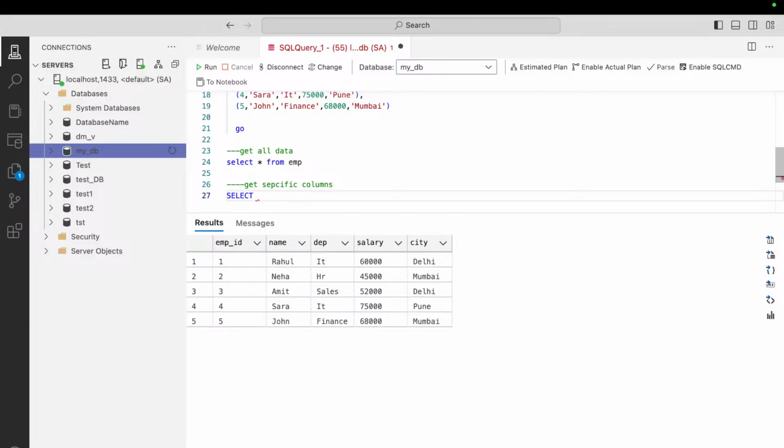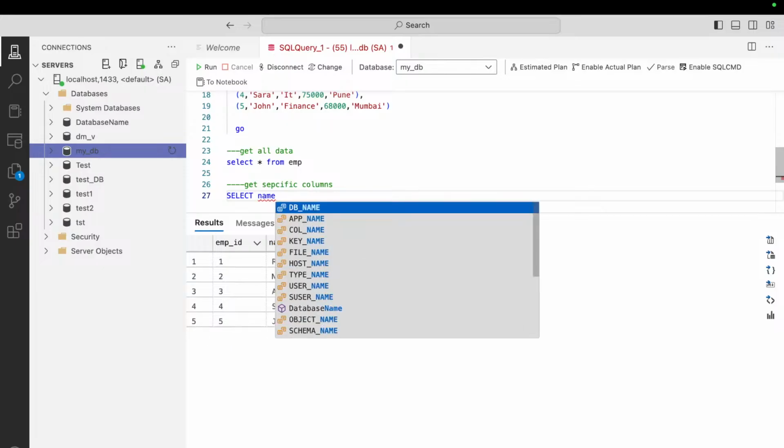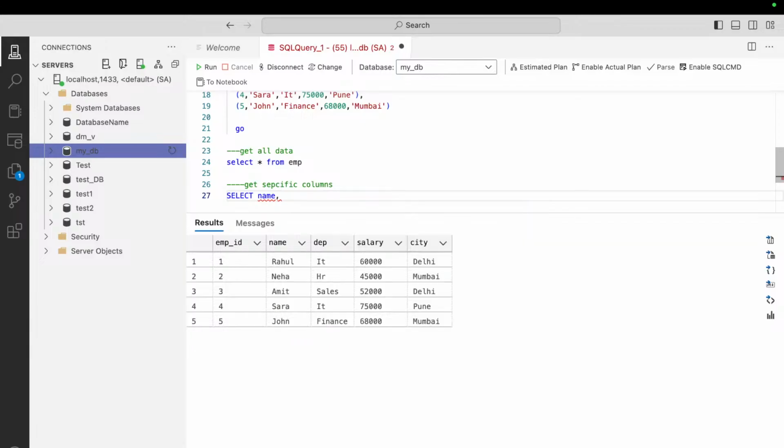When we are going to play with some specific column, apart from asterisk, we need to just mention that column. In this case we are just going to find out the name, and we also find out the salary